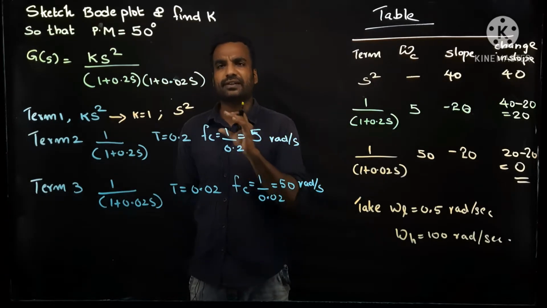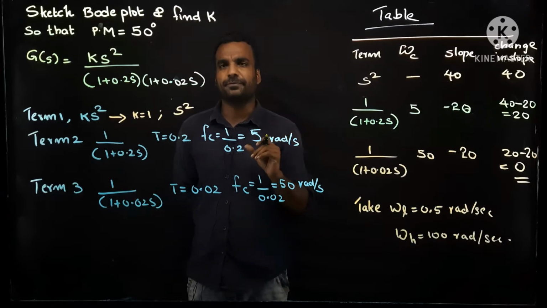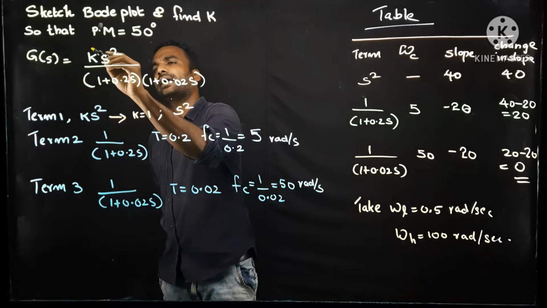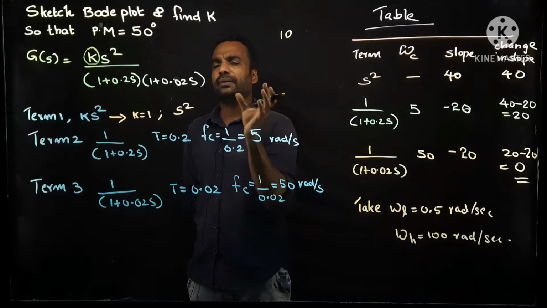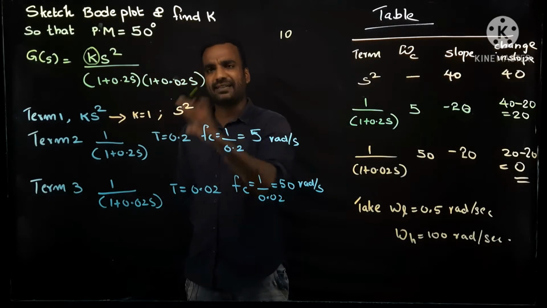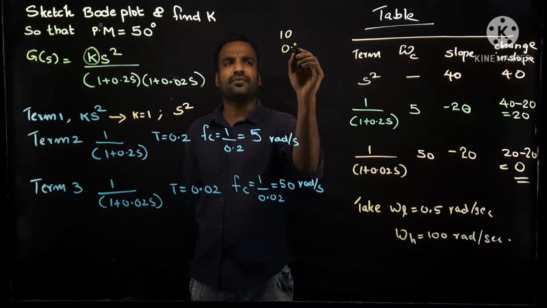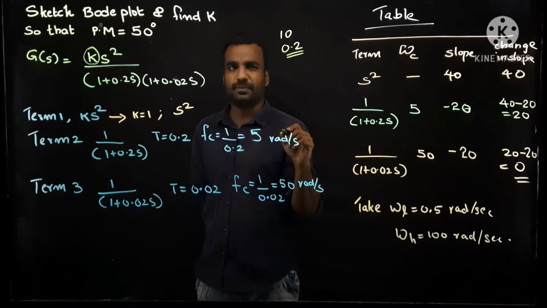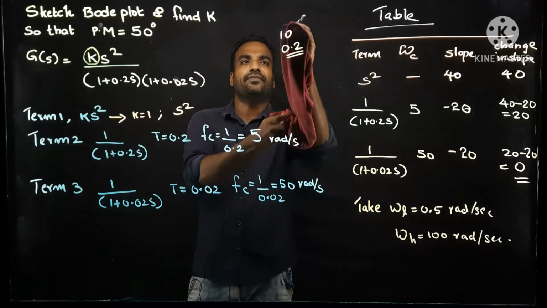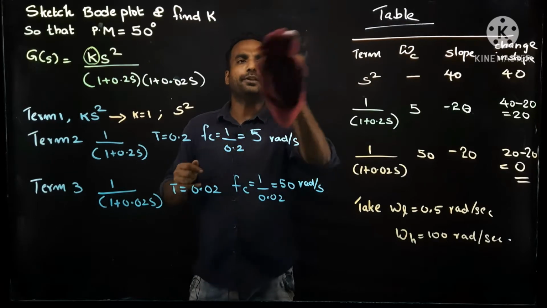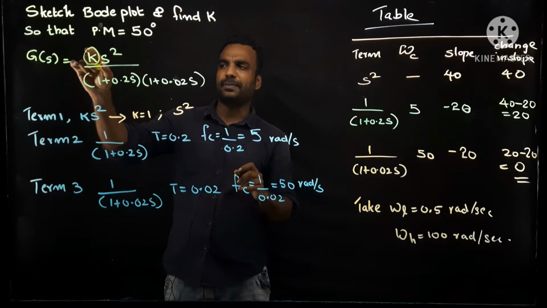So in today's class we are dealing with the same thing with some slight modification in the question. In the previous question the k was some value like 10, and we made all other terms standardized, and those residues were multiplied with this value, and we got some new k value like 0.2 in our previous example. In today's problem k is not given as a value. The k is just a constant term represented by the alphabet k.